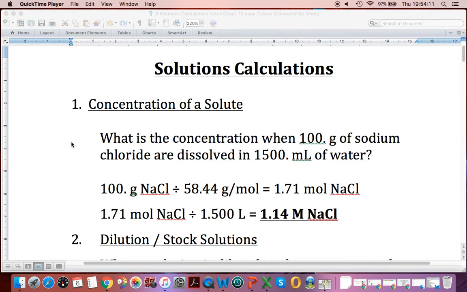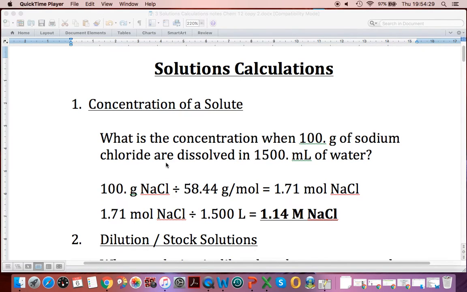We are still recapping information from Chemistry 11. This was the math of solutions. You'll have this set of notes and they're already filled in, so it's a matter of just going through, seeing if things make sense. So, asking you for a concentration of solution, if I give you a mass of material,